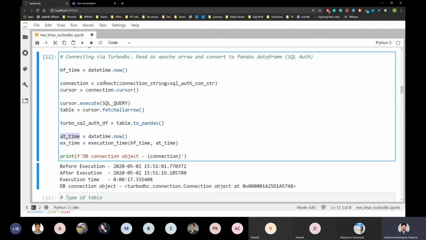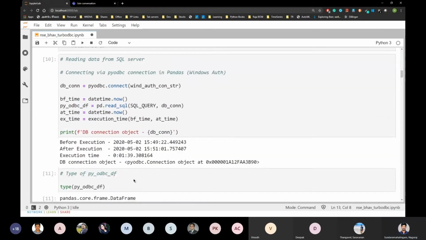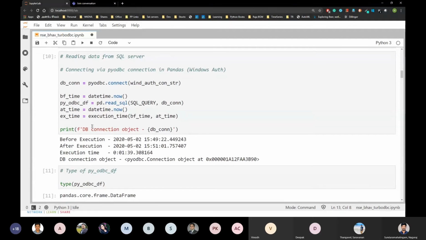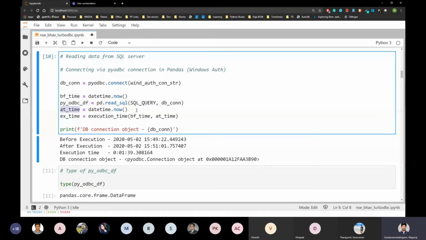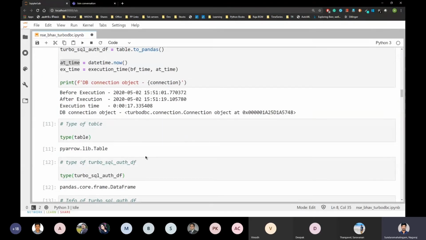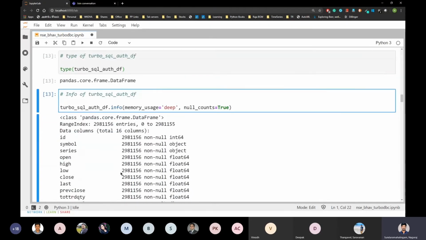So this code executes in 17 seconds. Before time, after time, I read this SQL query: it takes 1 minute and 39 seconds there, and here it takes only 17 seconds. Then we convert that to a data frame.